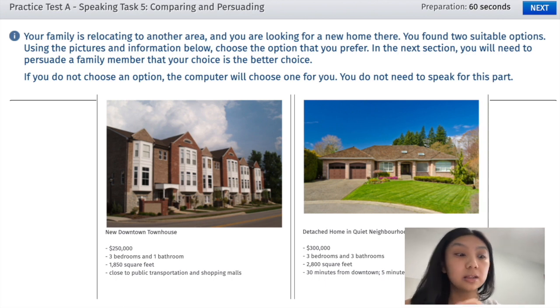I'm not saying that you say the details verbatim, meaning don't just repeat the facts in the options, but you need to be comparing them. So for example, I know that the new downtown townhouse seems like a more convenient option because it's $50,000 cheaper compared to the detached home in the quiet neighborhood. Or for example,